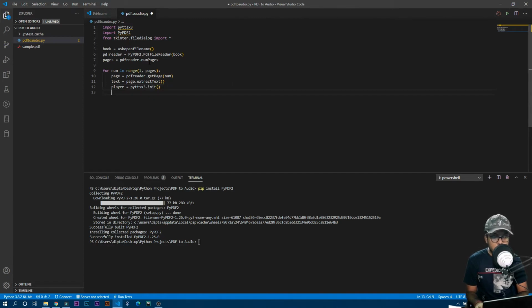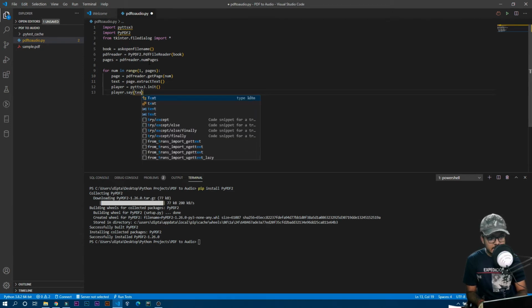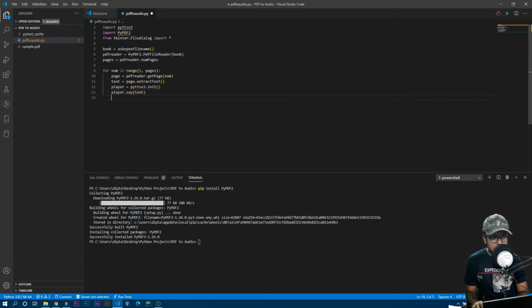And now we actually want to play the text with this player. So player.say, and inside the parenthesis we have to pass the text. And that's it. Now we actually want to wait for a few seconds before going to the next page. So player.run